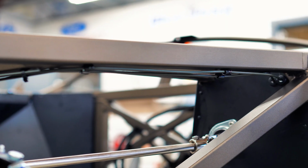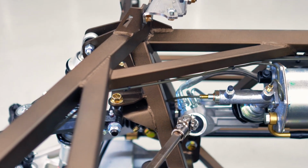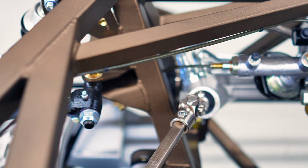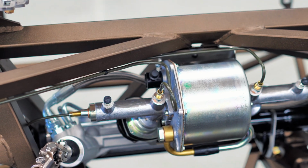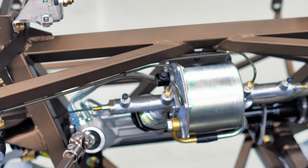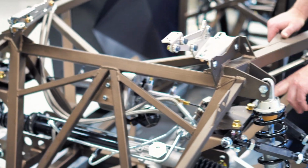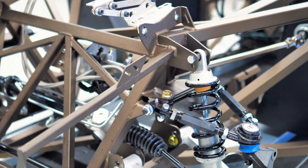In this case, because we have the remote booster, we have to run from the front and the back master up to the booster, and then from the booster all the way to the back. So the lines end up being a little bit longer, but still relatively simple. It's just a one in, one out of the booster. From the booster, we come usually back to the driver's side front, tee off there where we're going to put